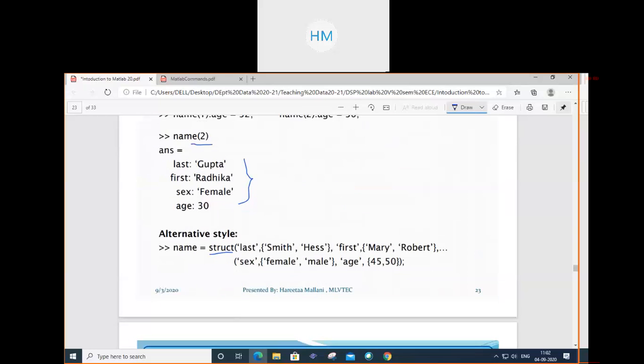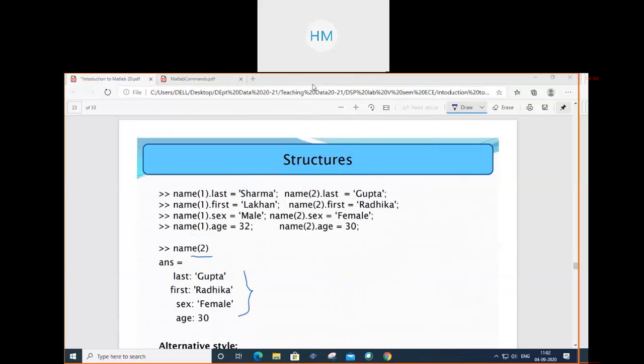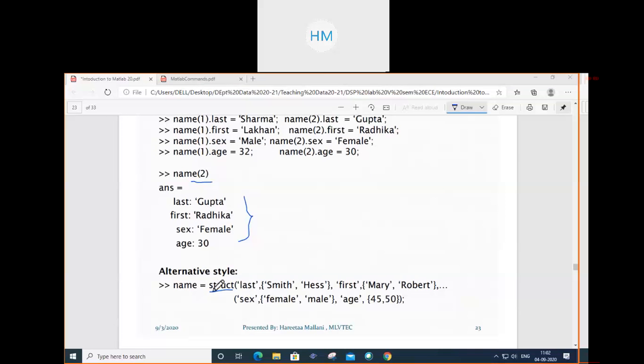See, students, write this syntax. Yes, is it clear?